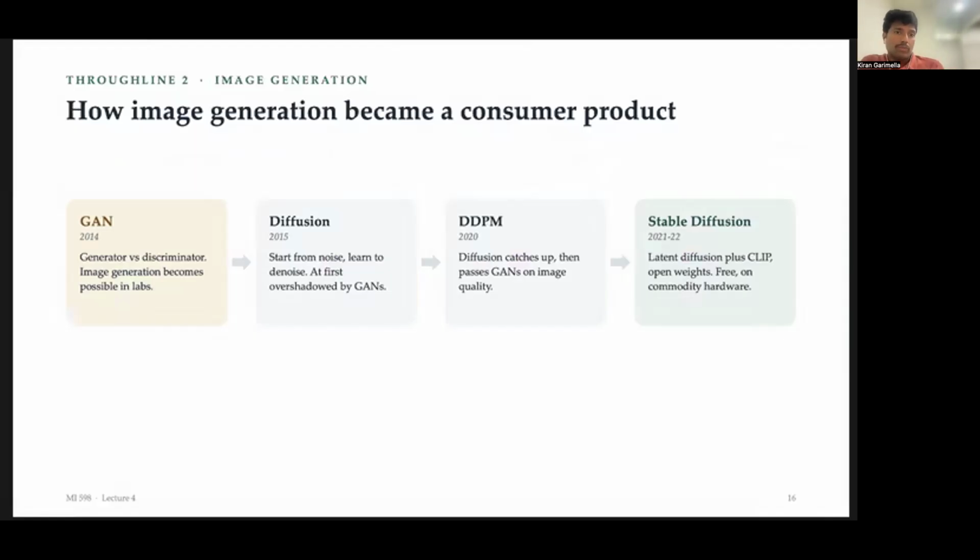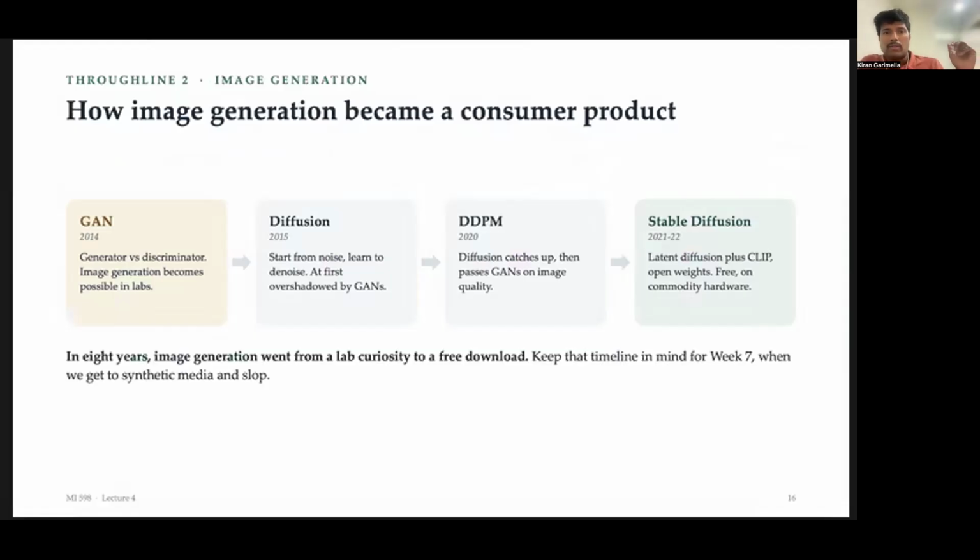So anyway, here there's a bunch of findings. One is that in just 8 years, from the start in 2014, people said AI can generate extremely high quality HD images of people's faces, realistic-looking images and art that is really, really good. People would not have believed you. But in just 8 years, we went from a lab curiosity to something that you and I can now do as a commodity. You just type something, you get an image back. Right? We take it for granted now.